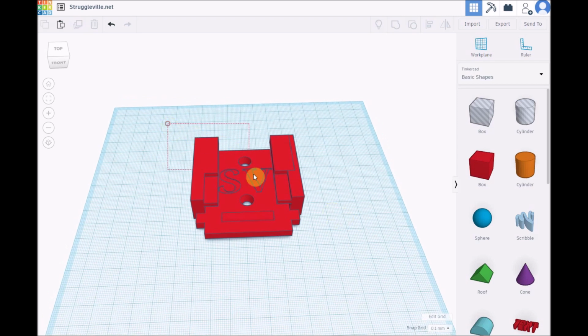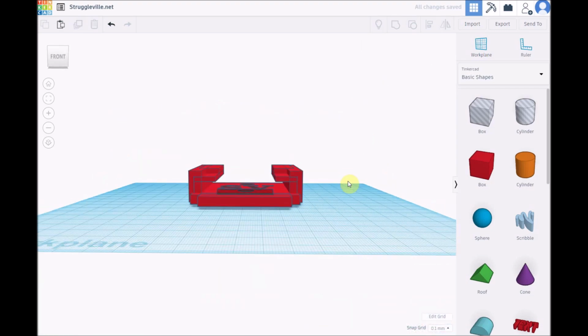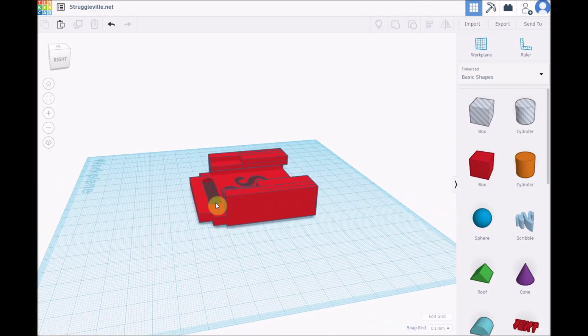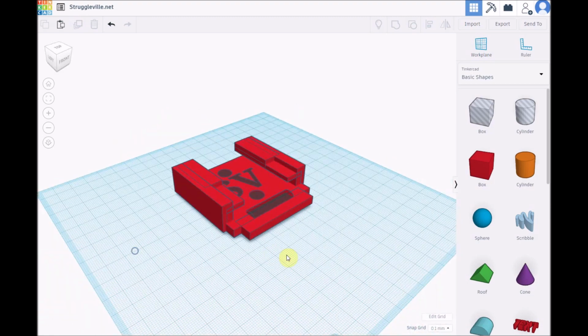Now to group things, you just select whatever you want to group. You can drag it here, and this button groups and this button ungroups. So you can see if I hit the ungroup button, now you can see all the individual shapes that it took to create this object. And you can either